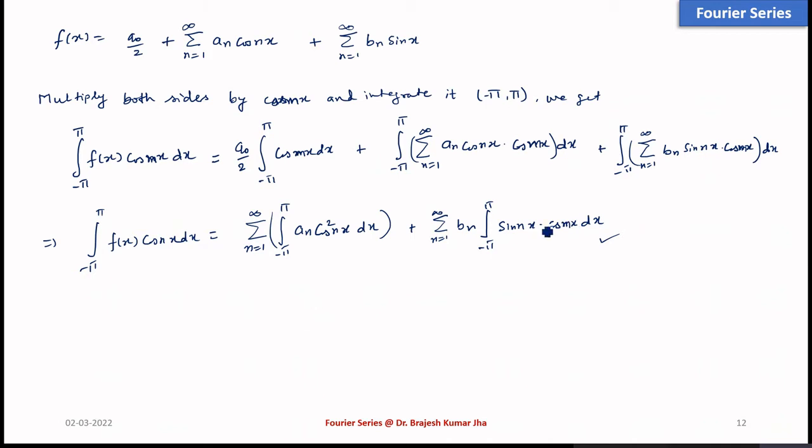So what we see, this is again going to be 0. So what we get, the integration from minus pi to plus pi of f(x) cos mx dx